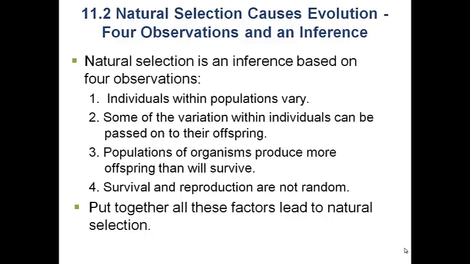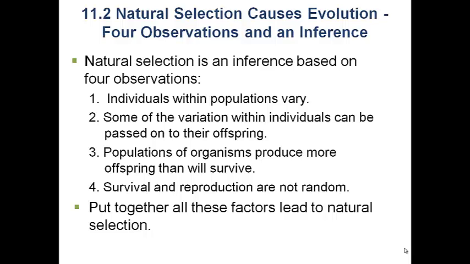So first off, individuals within populations vary. They vary in their appearance, in their size, in their physiology, in a number of different characteristics. Number two, some of the variation that we see in these individuals can be passed from parents to offspring. Not all the variation can be passed from parents to offspring. We realize that organisms change in terms of their phenotype throughout the course of their lifetime based on the environmental factors that they encounter. But nonetheless, much of the variation that we see within individuals can be passed from parents